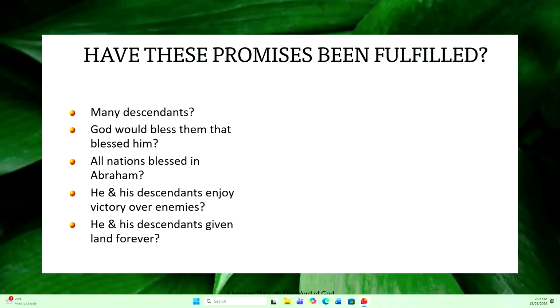And were he and his descendants given the land forever? No. We'll find out about this as we go through the golden thread over the next couple of weeks. They got into the land that was promised to Abraham. However, when they disobeyed God over time, God used other nations to take them away as captives. So no, and it's only been recent that they're back in Israel, but do they really own the land in Israel right now, the Israeli people? I don't think so. There's plenty of aggression towards them and unrest.